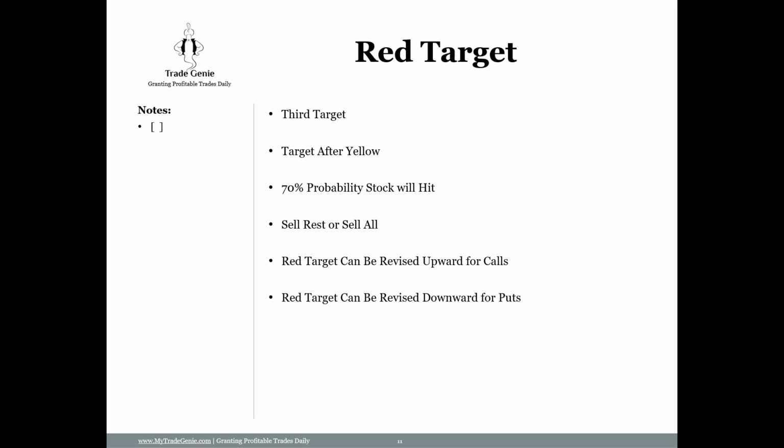So when that happens, when the cannonball is fired and the resistance is broken, then I revise the target. So I send out the alert saying, okay, the red target is revised. So if you receive the alert saying the red target is revised to the upside, you have more potential. I'll give you an example of Airbnb. The target was 200 red, and then when I saw the potential, I raised it to 210. So now you have a 10-point profit potential.